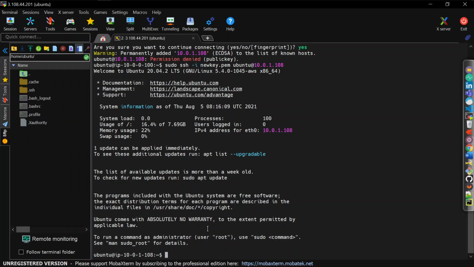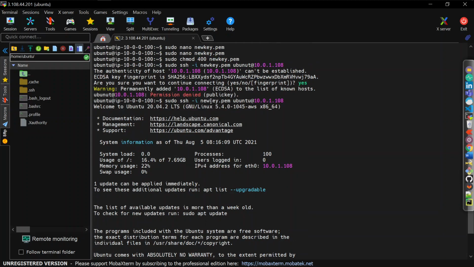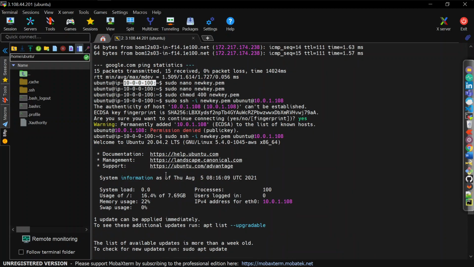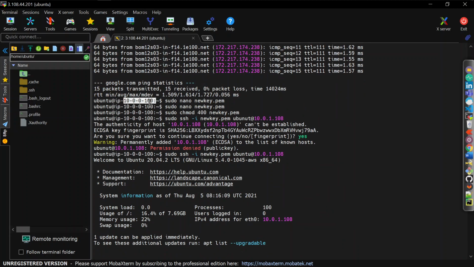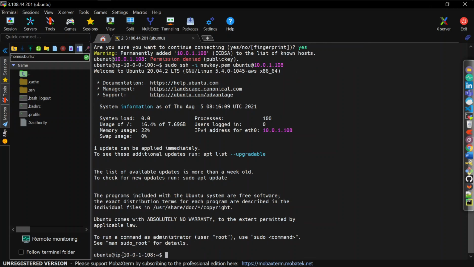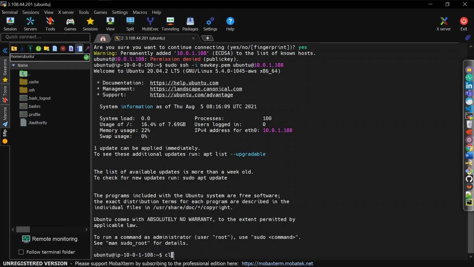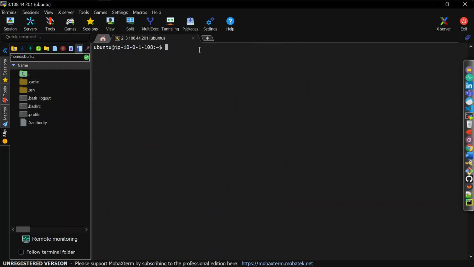Yes, now you can see we are in the private instance. First, here you can see we were in the public one, 10.0.0, and now we are in 10.0.108. Let me clear the screen first. So we are in the private instance.